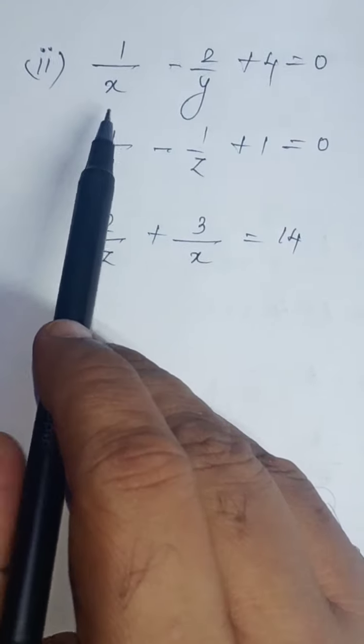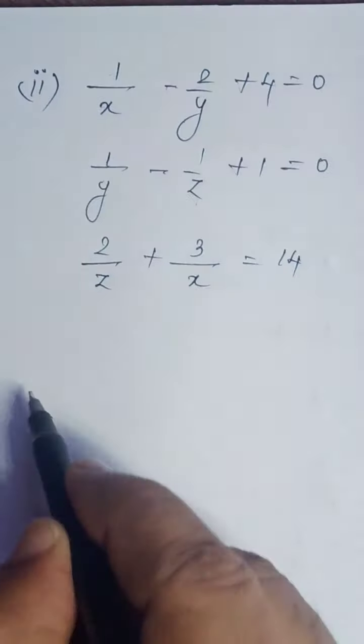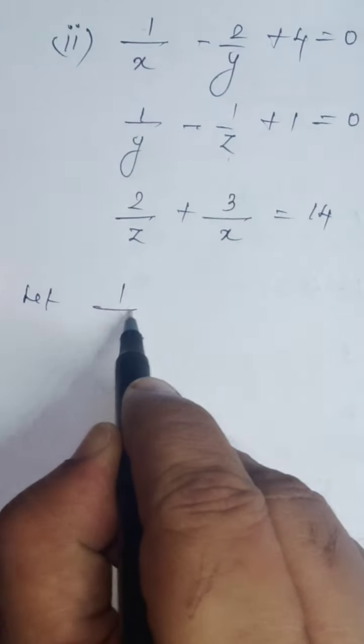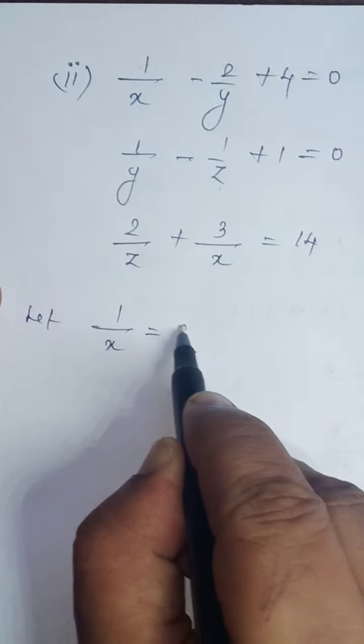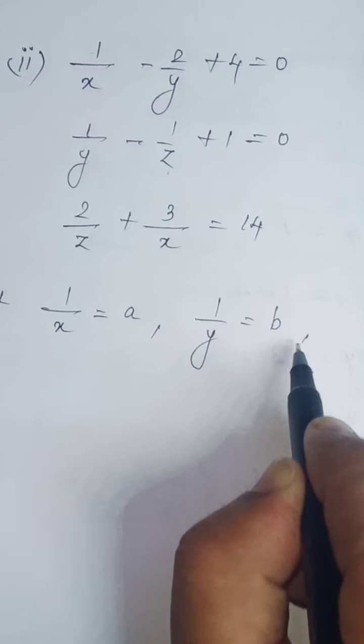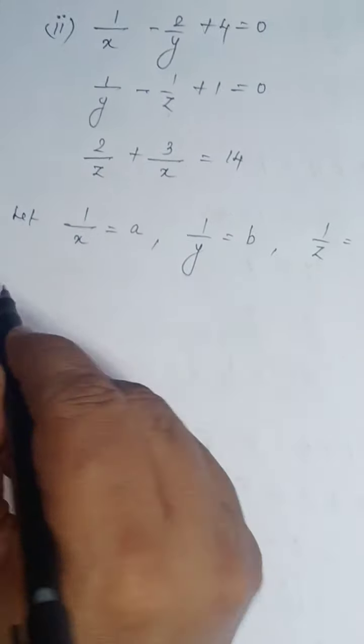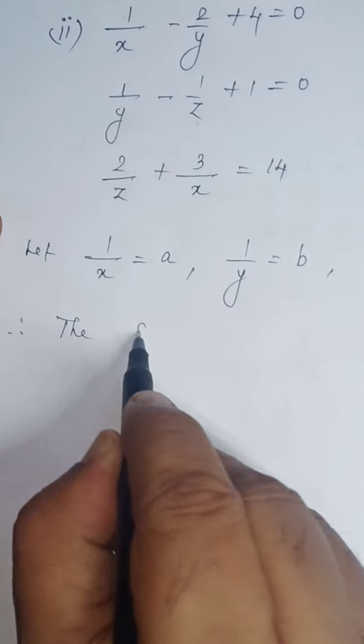Now look at that variables x, y and z all are in denominators. So in that case you have to consider 1 by x as a new variable a, 1 by y we can consider as b, and 1 by z can consider as c. Therefore the given